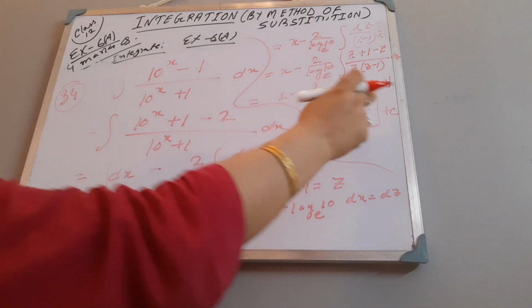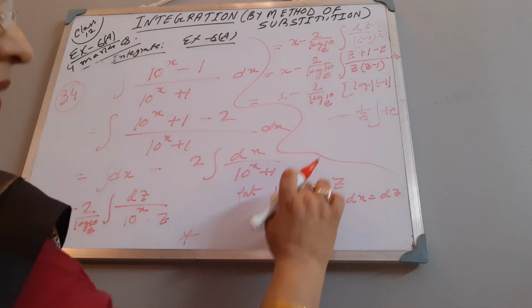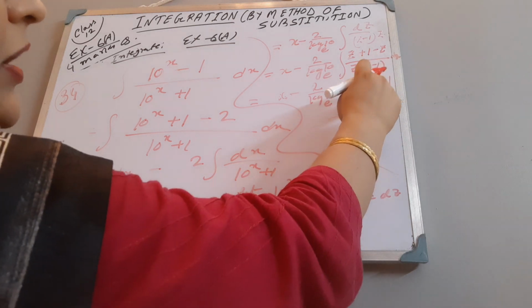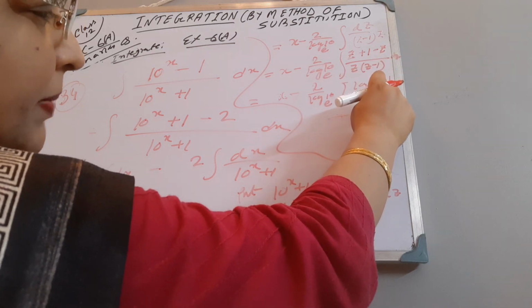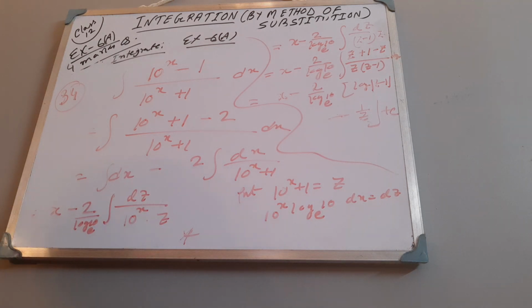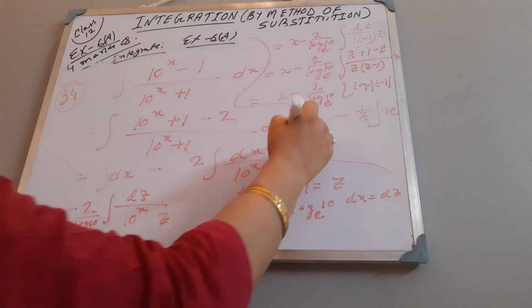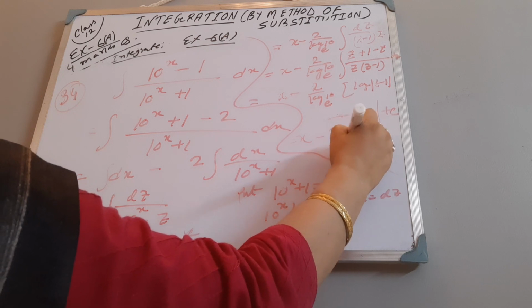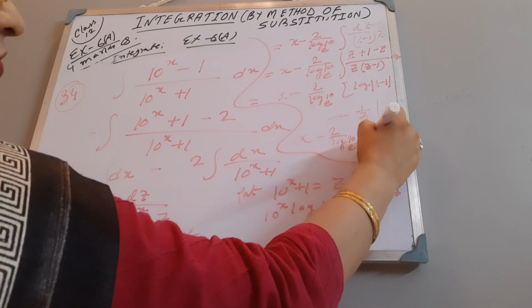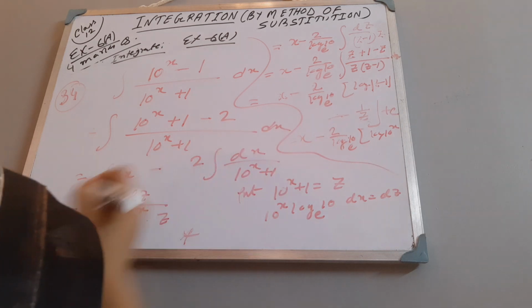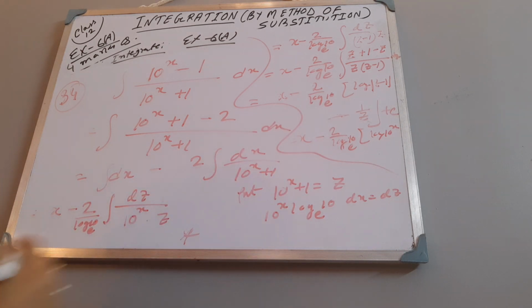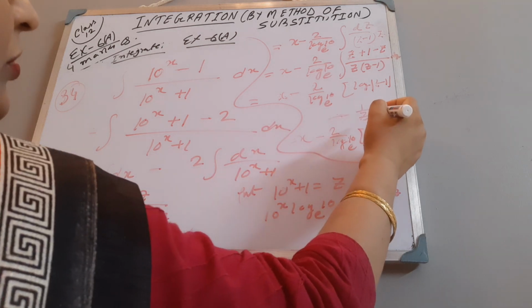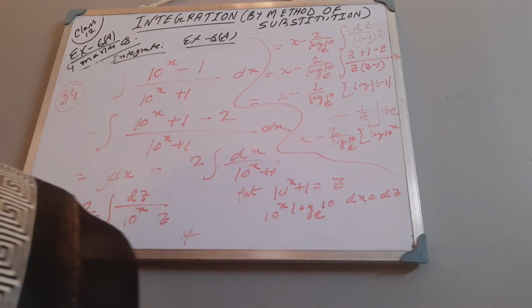Okay, now put the value of z only, nothing to be done, no place is there. Just put the value of z. Z means what? 10 to the power x plus 1. Then what we will get? Log 10 to the power x plus 1 minus 1. So it will be only 10 to the power x. Then x minus 2 log 10 to the base e, then it will be log 10 to the power x only, minus log 1 by z means 1 by 10 to the power x plus a.